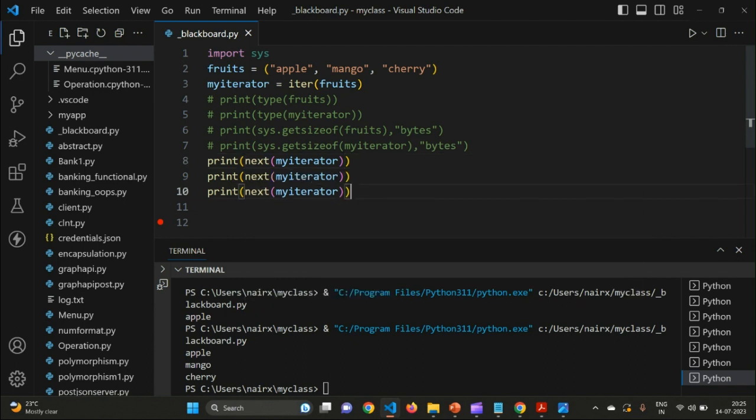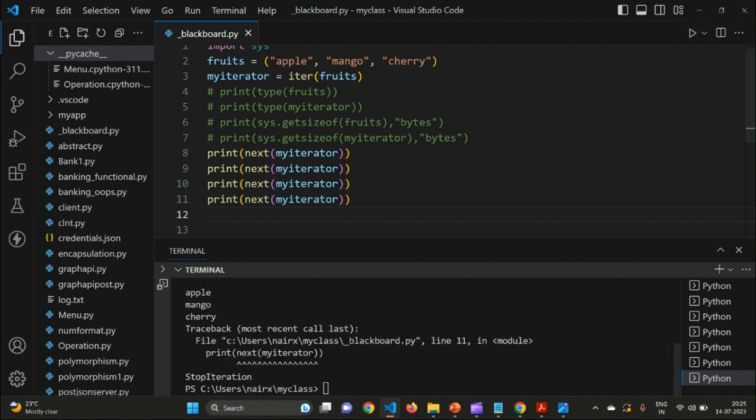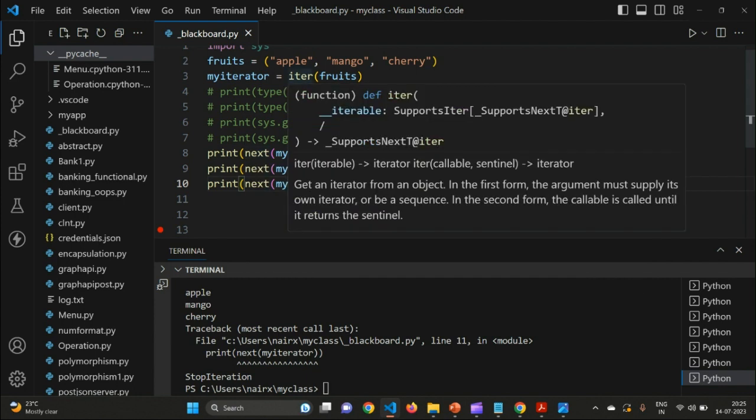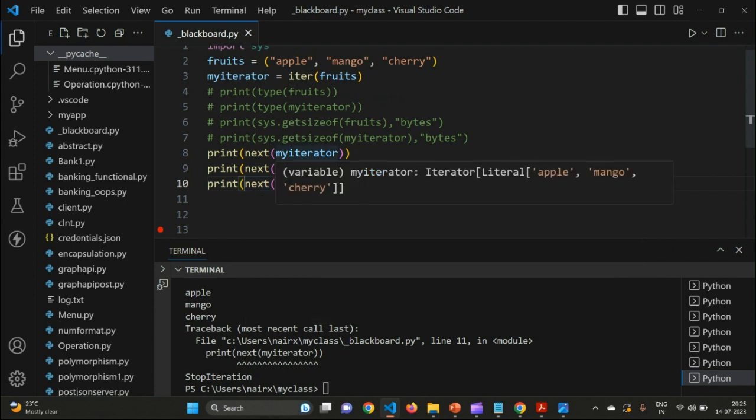All right, but now if I print one more time, it is going to throw an error after three times. The fourth time, it is showing an error saying StopIteration because there is no element, only three elements are there, right? So that way we can access this one by one. Whenever we give next of iterator, it is getting the value from the iterator. It is generating and bringing the value from that fruits and showing it to us,